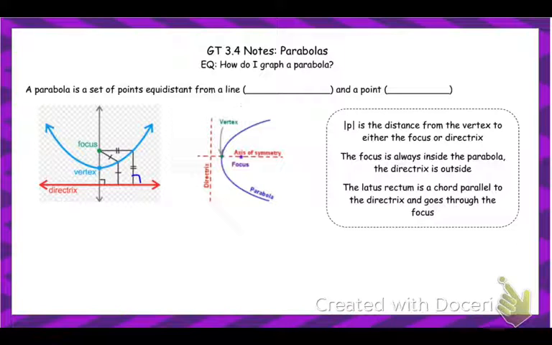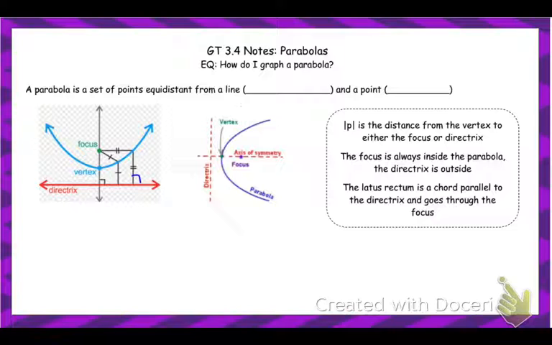Hi guys, so what we're going to do today is look at parabolas. Now we kind of have already looked at these, so you're probably going to be a little bit confused, but what we've done so far is we've graphed quadratics. Now a lot of parabolas are those quadratic functions, but what we're going to look at today in addition to the ones we've already done is parabolas that open left and right that are not